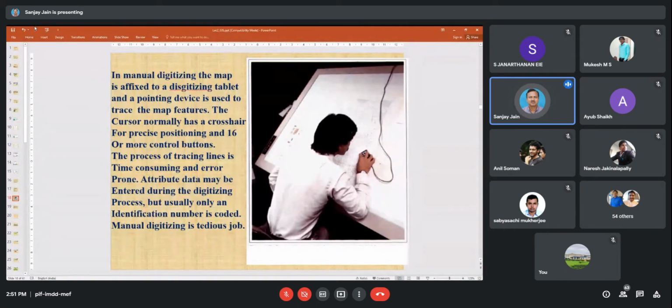But in case we have to digitize manually, we use a cursor which we move over the particular feature, point or polygon, and then we can create it in the system. We converted a number of maps into digital form earlier through this procedure. It is time consuming and cumbersome because we have to digitize each and every entity in a GIS.